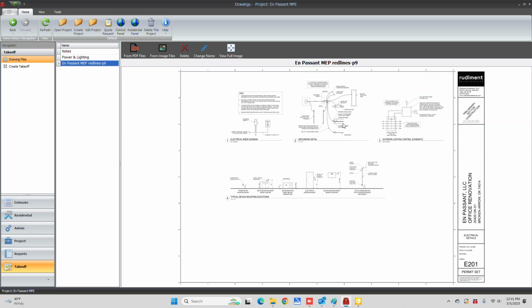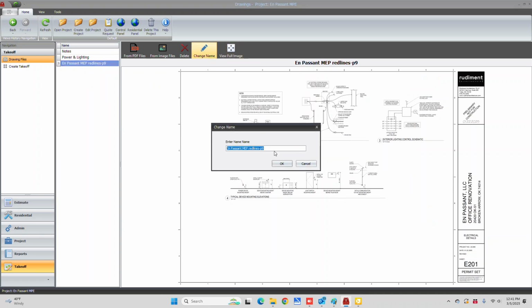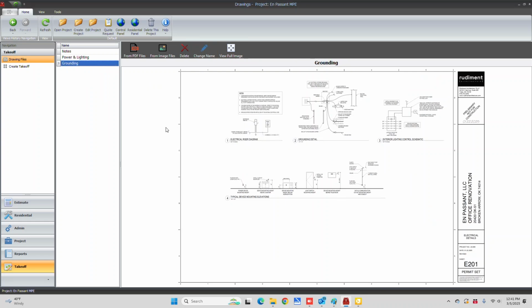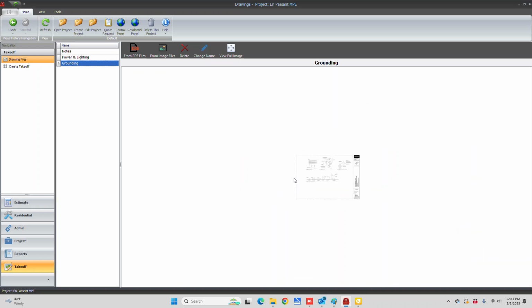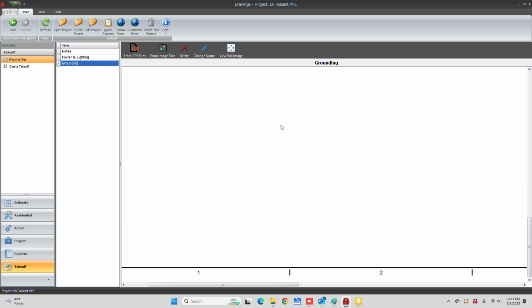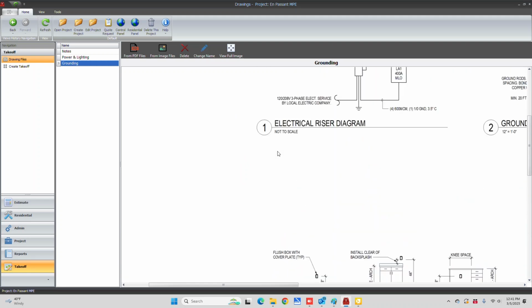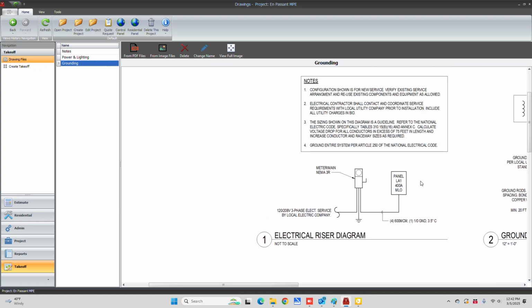And this one's going to be grounding. So now we have these renamed, we have them imported. You can hold the control key and use your roller mouse to enlarge the drawing if you need to see it. We can see that it's a 400 amp. We can go to create takeoff,